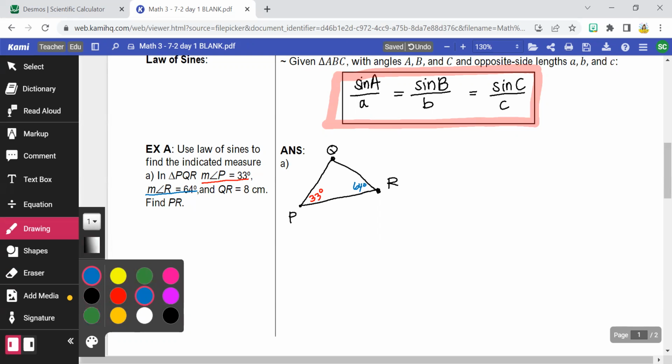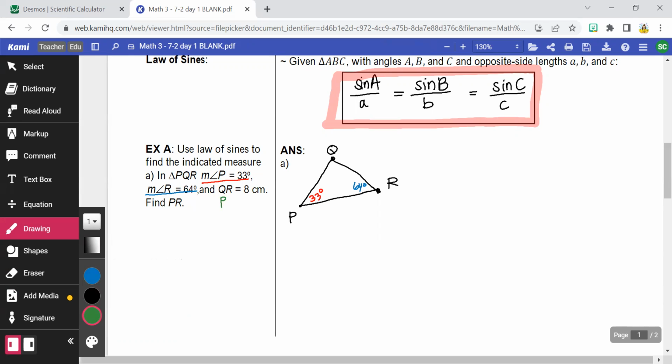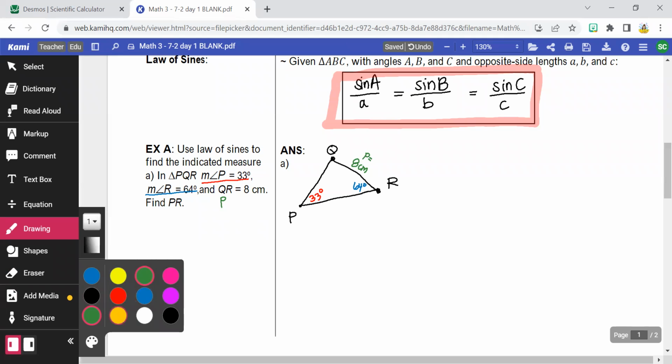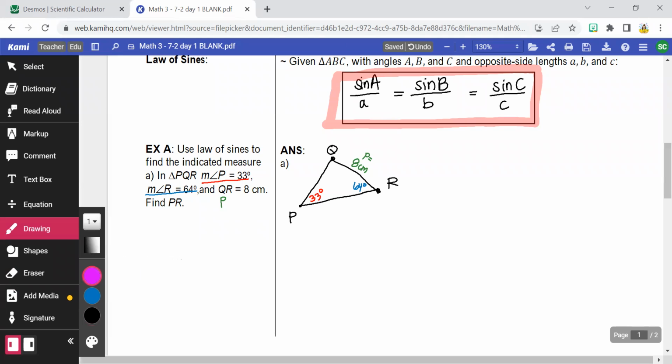QR, so if we look at our diagram, QR is this one. That's actually the lowercase p. Okay, so QR is 8 centimeters. Again, that's lowercase p is 8 centimeters. They want us to find PR. So PR is opposite Q. Okay, so this is Q. So we're looking for lowercase q